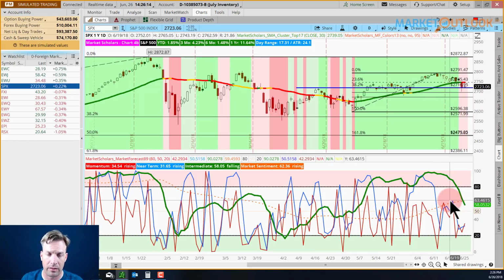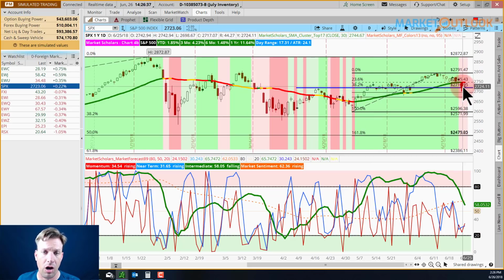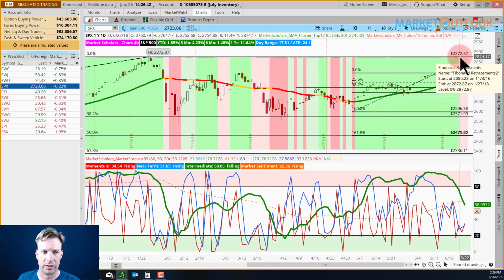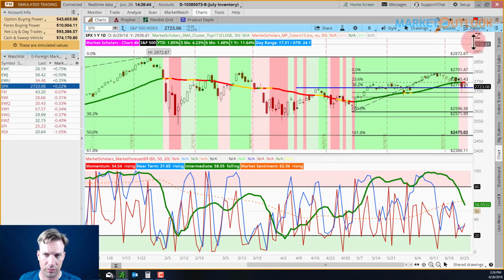It's what we expect, and then we look for things to be different than what we expect, and that's when we change what we do. But as of right now, we expect it to hold that support. We expect it to bounce. The intermediate line may dip, start a new 1 to 3 month intermediate run, and we'd expect to bounce up to higher low points, especially coming off of 38%. Pretty good odds that would bounce up to higher highs, which would be above 2,800. Would be testing that 2,872 level again for a high point.